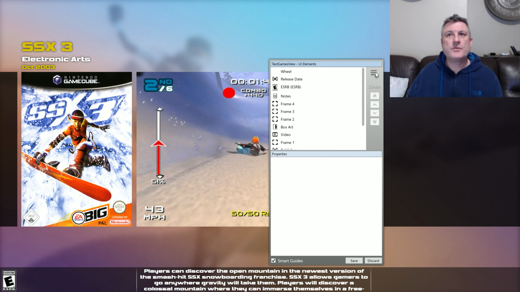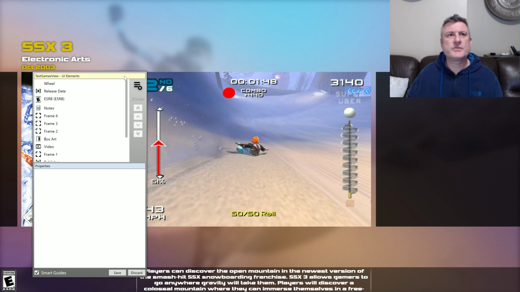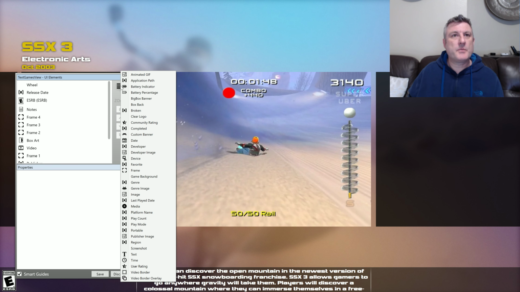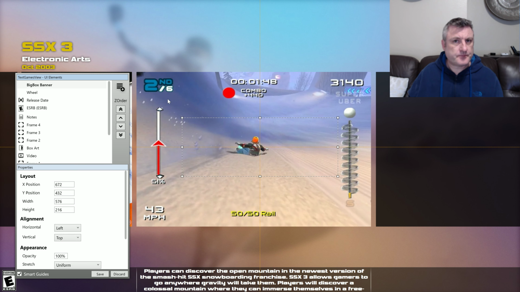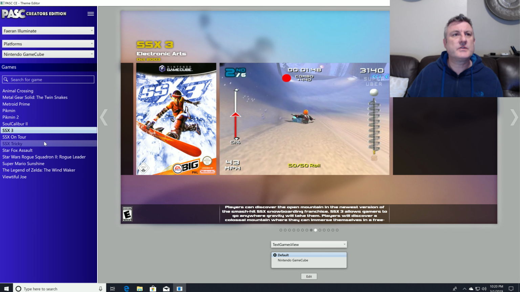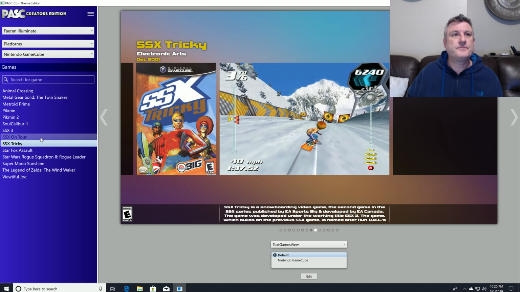Alright, so let's go over some of the new UI elements that I've added. Whoops. That's the problem with having a camera in the top right. Anyway, I've added a new banner type called BigBox Banner, and it's purely based on the banner images that you would download via Launchbox. Okay, so in this case I don't actually have a banner for this particular game on this platform,